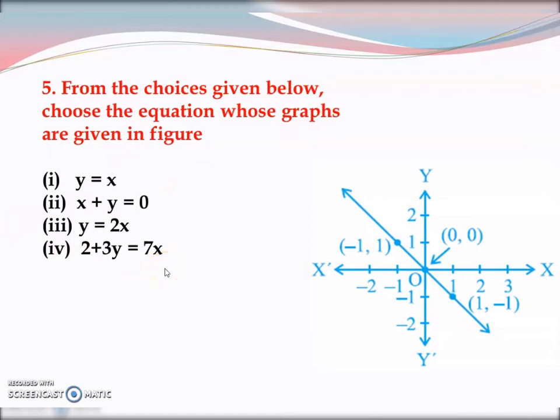So what you have to do is, on this line you can see a few coordinates, a few points. Those points are a part of this line, like -1, 1, 0, 0, 1, -1. These are 3 coordinates. Of course, there are many more points on this line, but 3 of these have been given to you. Now, all these 3 points should satisfy the equation. Whichever equation is representing this line, it should satisfy that equation.